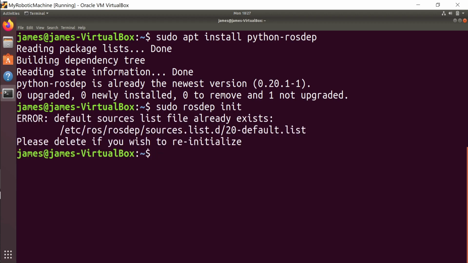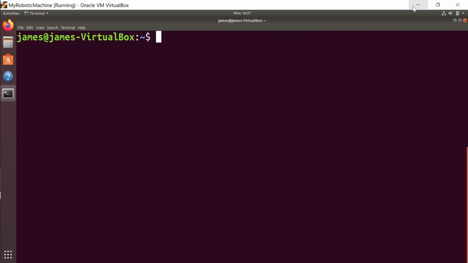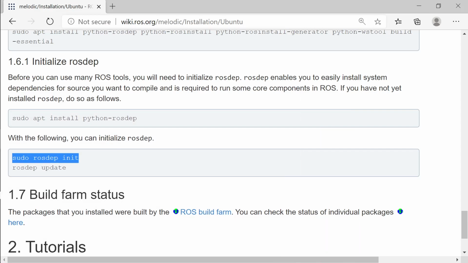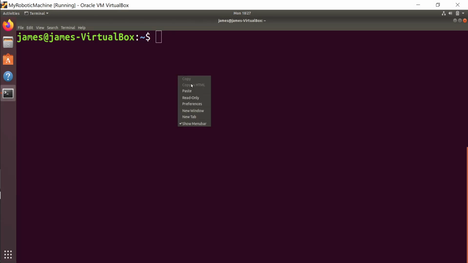So it says the default sources list file already exists. So I don't want to delete anything. I just want to go ahead with everything else. Then the next step is rosdep update. So I will go ahead and do the rosdep update. If there's an update, it will be done.